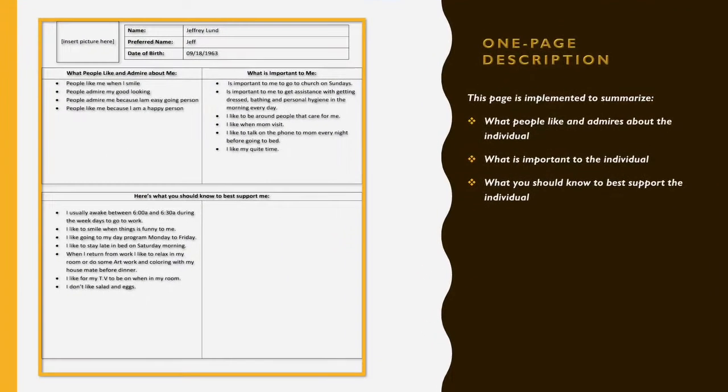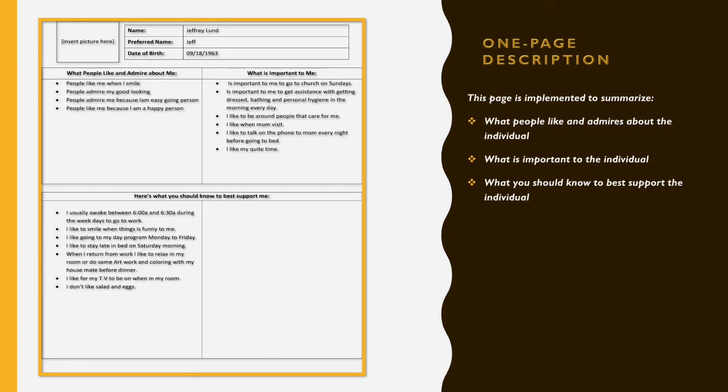Next up, we have the one-page description. This page is implemented to summarize what people like and admire about the individual, what is important to the individual, and what you should know to best support the individual. So therefore, it's just a summary. You will find what people like and admire about the individual. You will find what is important to the individual. And at the bottom is a summary of what you should know to best support the individual, how to take